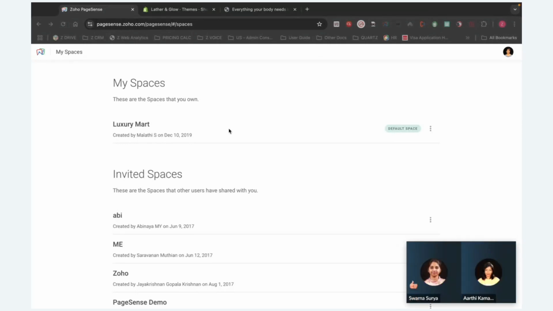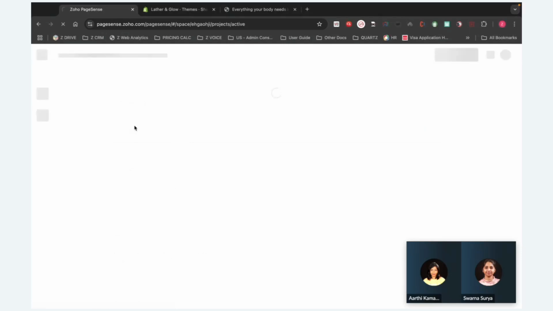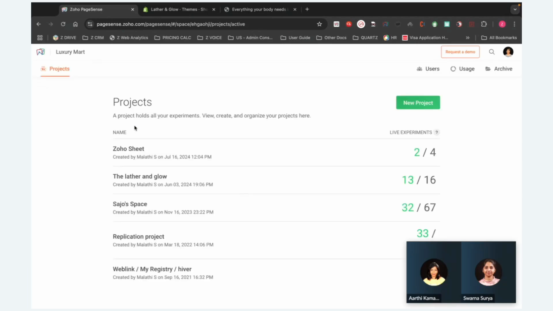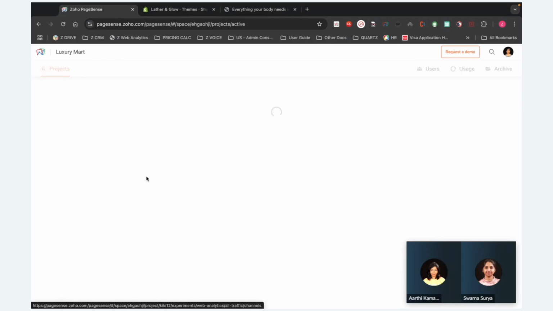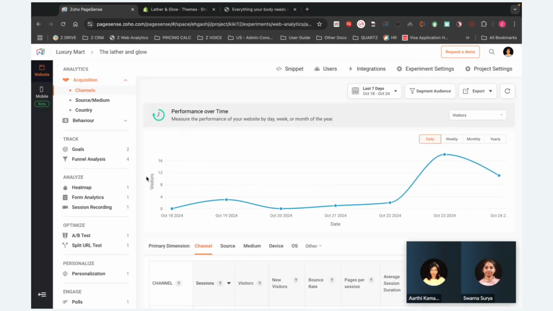Before getting started with PageSense, as soon as you sign up for Zoho PageSense, after completing a set of onboarding steps, you will be given a default space where you can create multiple projects based on the subscription you have opted for. In each project you can connect your storefront or connect one website with it to start experimenting in detail about your website. So let me quickly open one of the projects which I have created for this webinar,